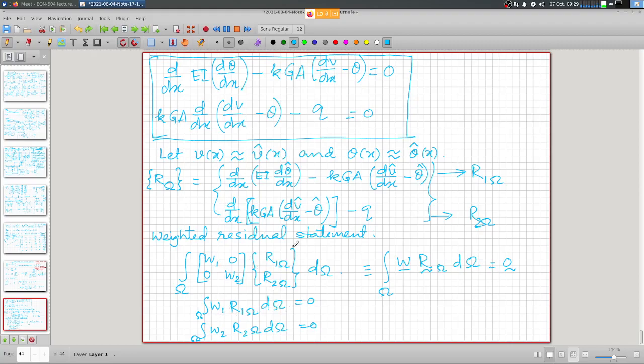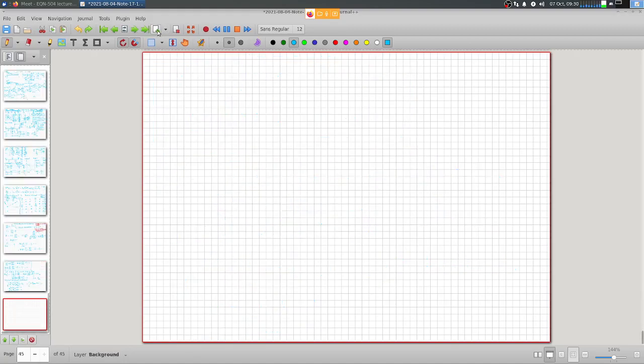One equation, weighting function multiplied by the residual term, integrated over the domain, and we follow the standard rule. Apply integration by parts, take the derivatives from the residual term to the weighting function term, and look at the boundary term. And similarly, the second term will undergo similar operations. So let's look at how this looks. The first function is, let's say, over the domain 0 to L, W1, and the residual is